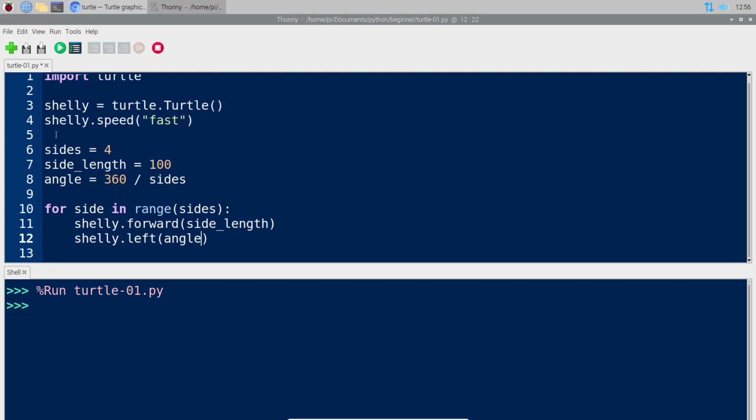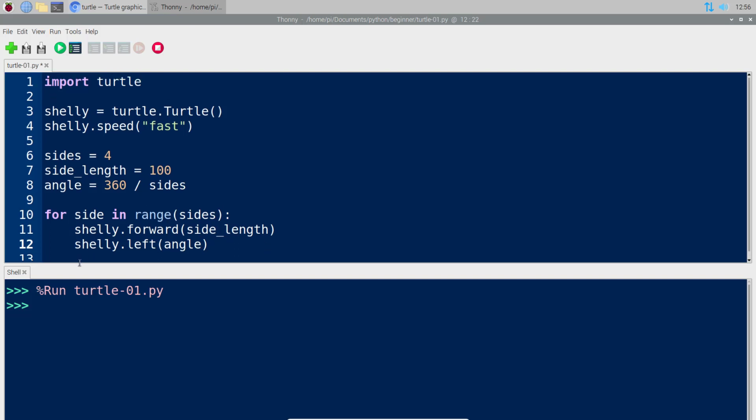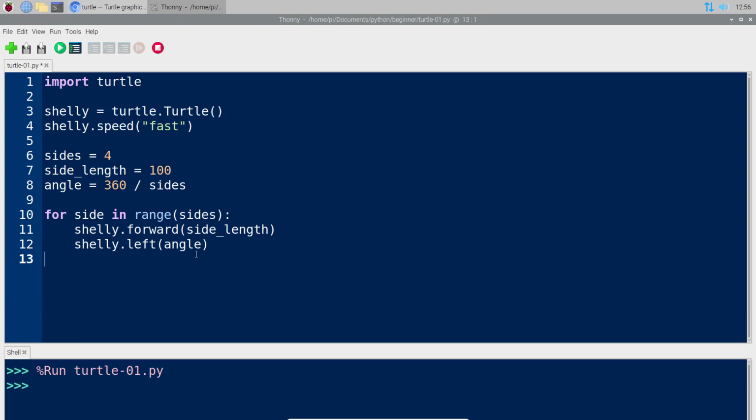So the reason I'm doing this is because now I can read my code. If I find this program and I've never seen it before, I start reading. It's like, okay, it looks like it's importing turtle. It created a turtle called Shelly. Okay, Shelly has a speed, it's fast. There's something with sides. There's a length of side, an angle, which is related to the number of sides. And then it's repeated, so it's a for loop. So it's going to repeat this a number of sides. It's going to move forward the length of the side, and it's going to turn the angle every time. So without explaining a lot in my code, somebody can come in here, read, and understand what the code is